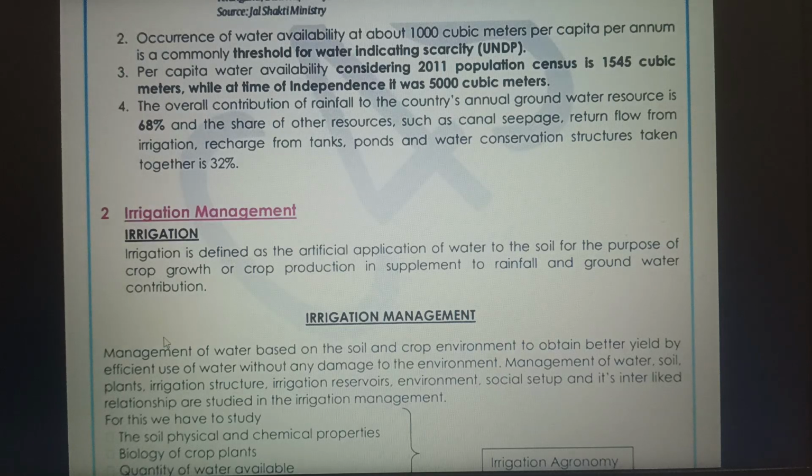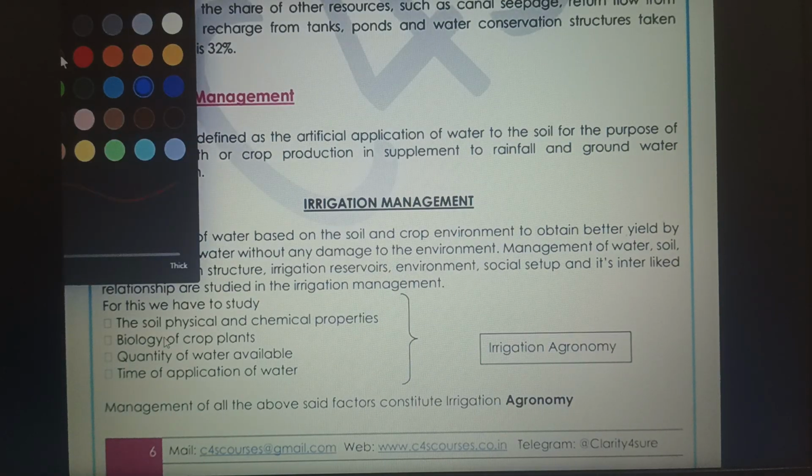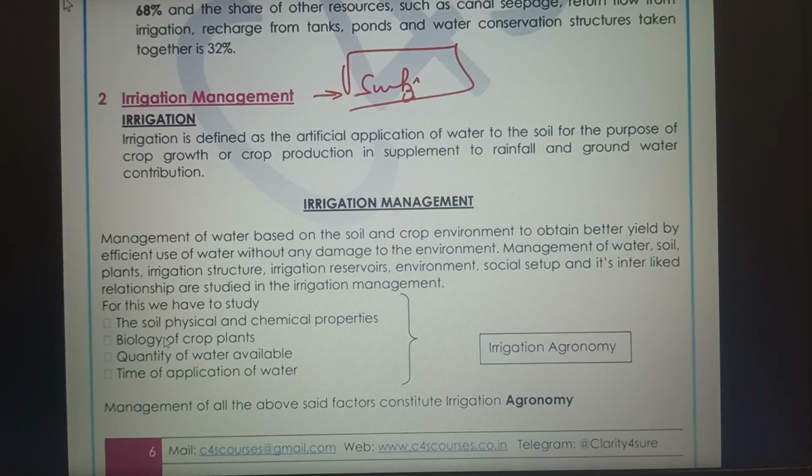Now coming on to the second topic of the syllabus, that is irrigation management. What they have given in this syllabus, there is nothing to study from an objective point of view. This can only be asked from a subjective point of view, with minimal chances of being asked. How the irrigation water is managed. Whenever we study how you can manage the water in irrigation, how you can control or manage the water that is in the irrigation.